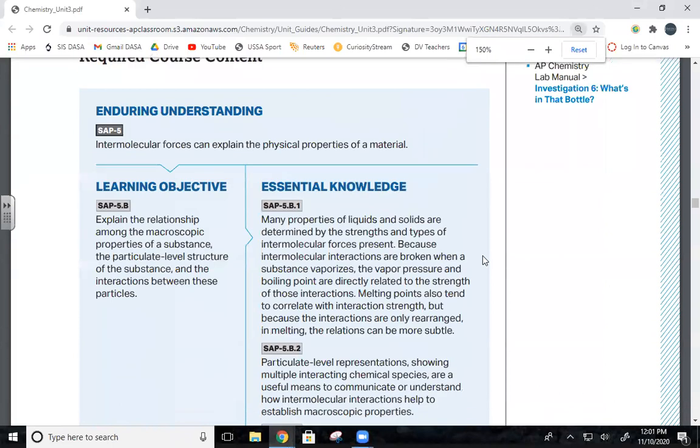Because intermolecular interactions are broken when a substance vaporizes, the vapor pressure and boiling point are directly related to the strength of those interactions. Melting points also tend to correlate with interaction strength, but because the interactions are only rearranged in melting, the relations can be more subtle. So when we talk about this,